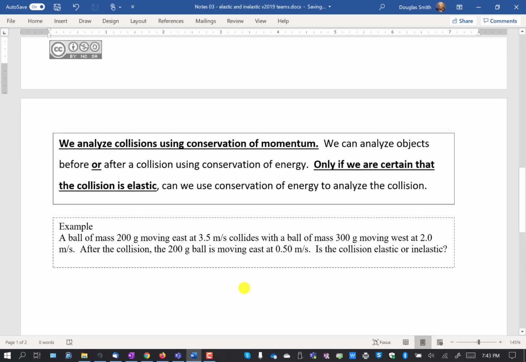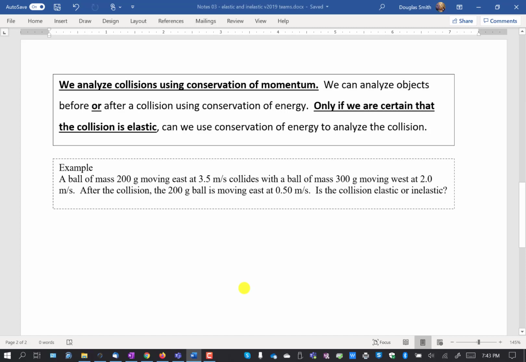So here's another kind of sample problem. A ball of mass is moving east, collides with a ball moving west. After the collision, the ball has a new speed. Is this collision elastic or inelastic? So at this point, I'd say we don't know. I'm going to call this M1, we'll call this one M2. So we have M1 going this way at 3.5,